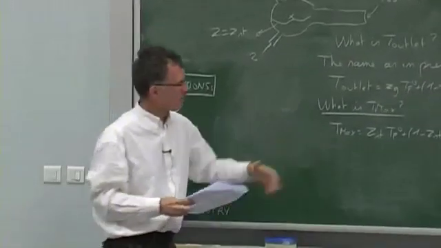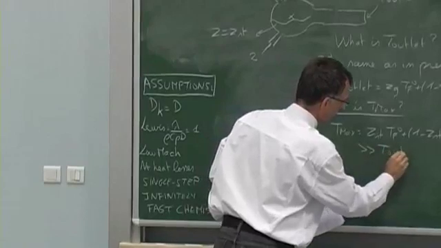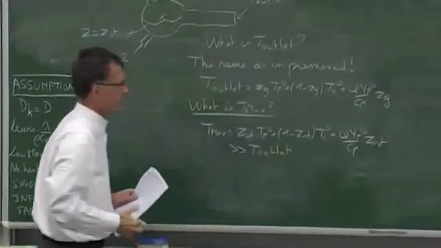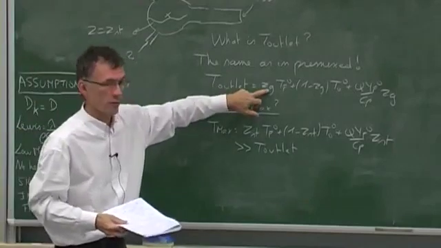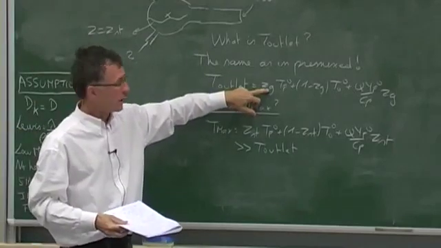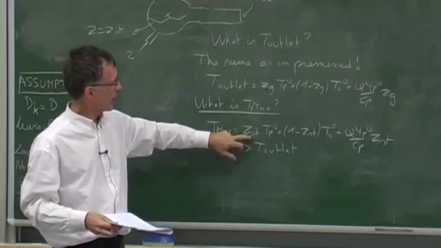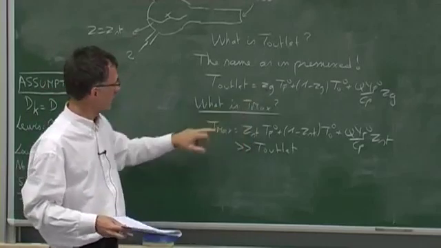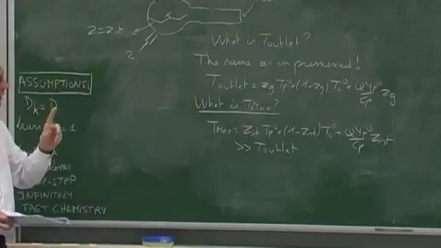And this temperature can be much higher than T outlet. For example, if you are globally lean, if you have a small mixture fraction for Zg, Z stoichiometric doesn't care. Z stoichiometric is fixed once and for all, and so this number can be much larger than that one. So this temperature will be larger than this one. And we'll do an example in a few seconds.